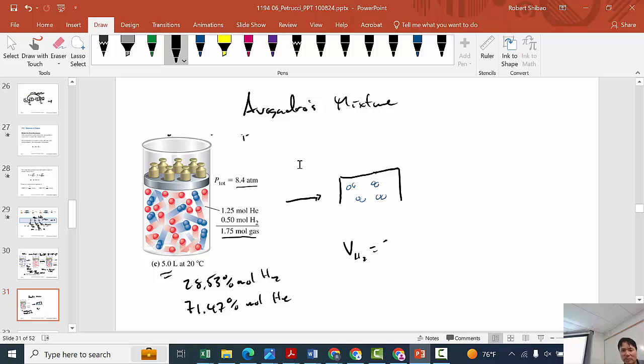The volume fraction is going to be 28.53 out of 100 will be hydrogen, and that's 5.0 liters. 1.428 liters. So I'm going to have 1.428 liters of hydrogen gas,